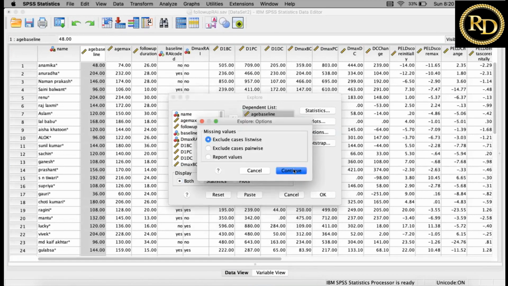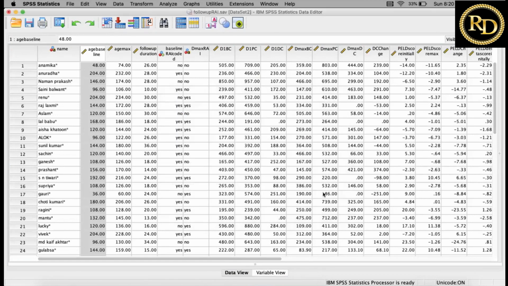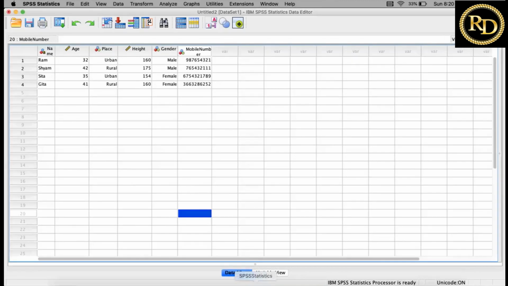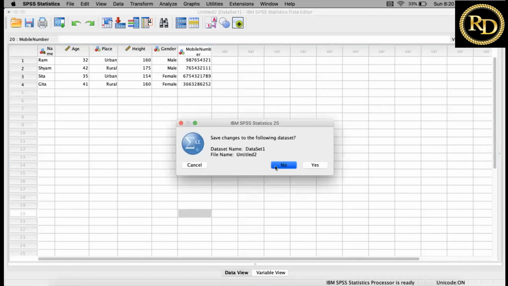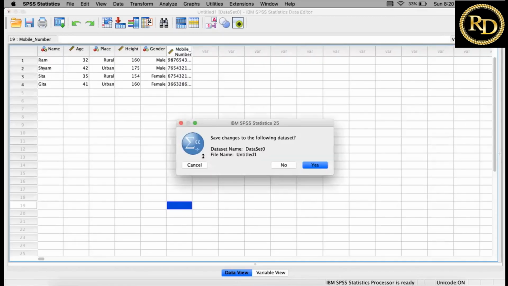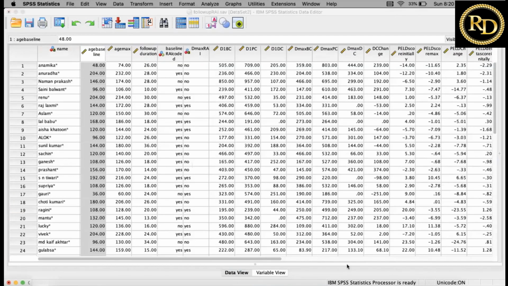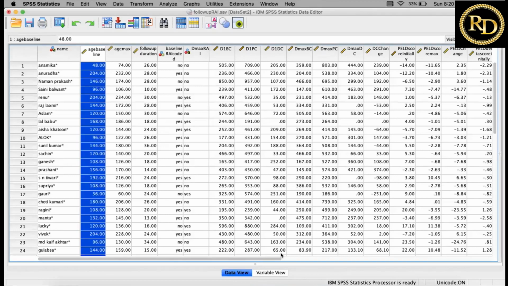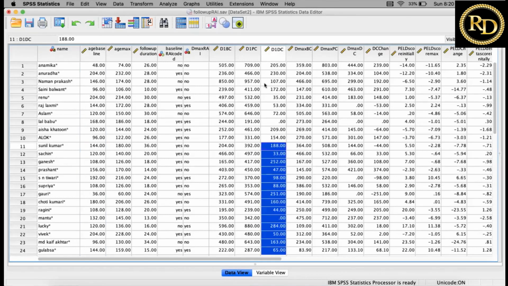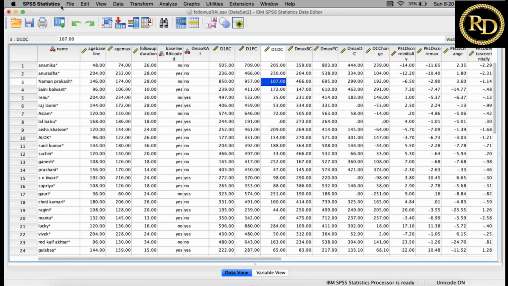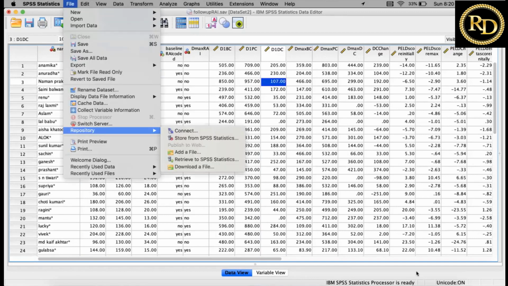What are the other options? No problem. And then I will click OK. So I'm exploring this particular variable in SPSS, and this is the output.